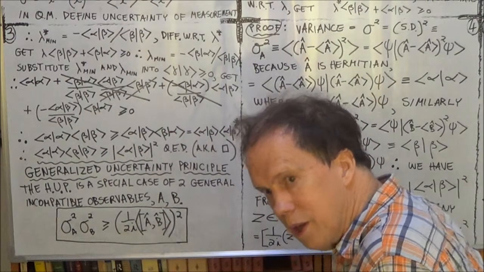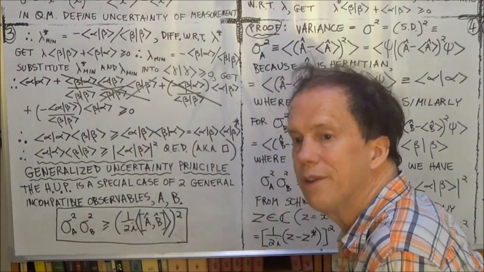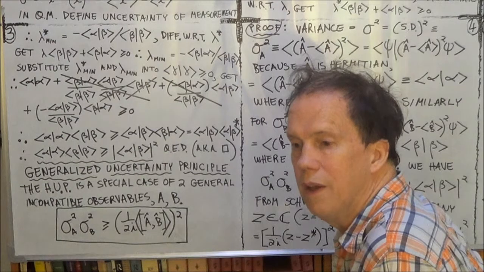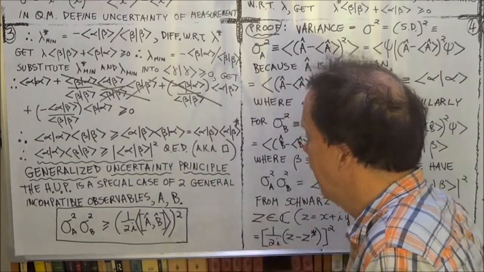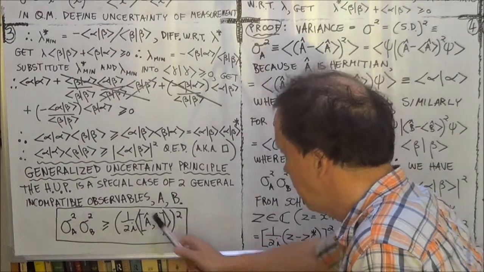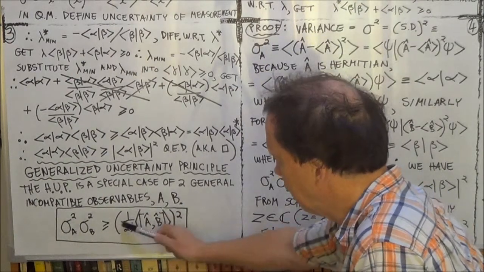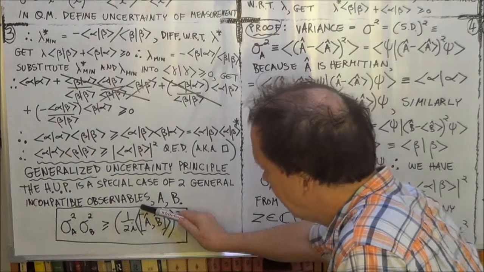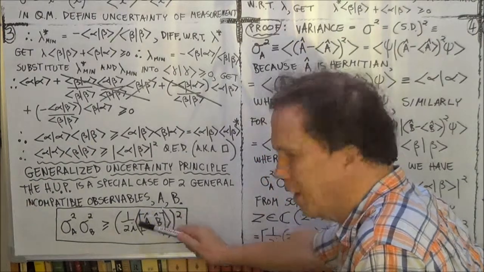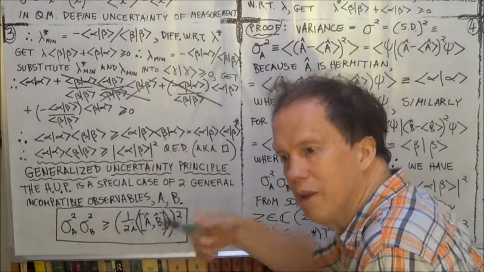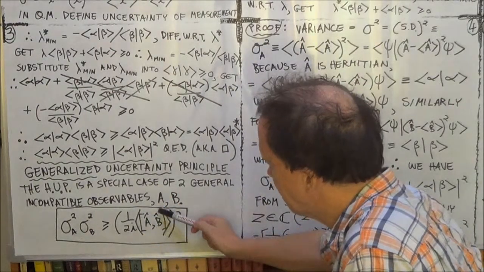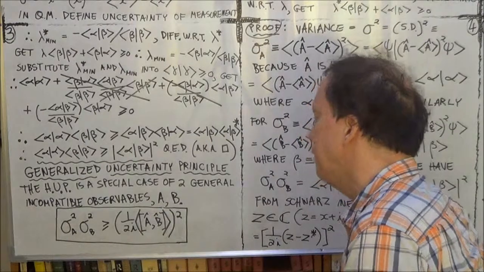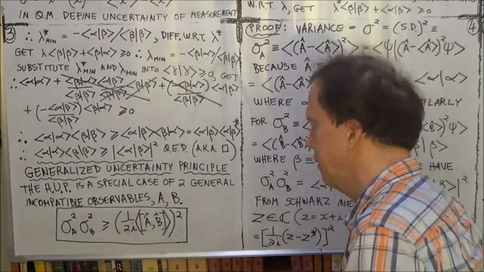That's how you go about finding the allowed measurable values, the eigenvalues. So it's the square of this whole thing: 1 over 2i, angular brackets, so the expectation value, or mean value, of the commutator of A hat and B hat. Now